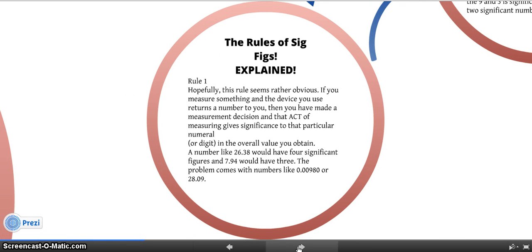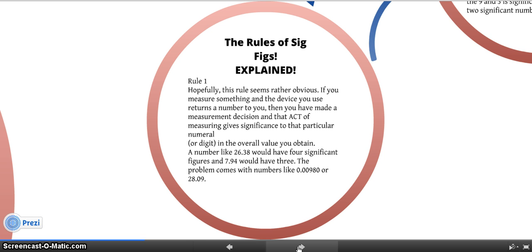The rules of sig figs explained. Rule 1. Hopefully this rule seems rather obvious. If you measure something and the device that you use returns a number to you, then you have made a measurement decision, and the act of measuring gives a significance to that particular number or digit in the overall value that you obtain. A number like 26.38 would have 4 significant figures and 7.94 would have 3. The problem comes with numbers like